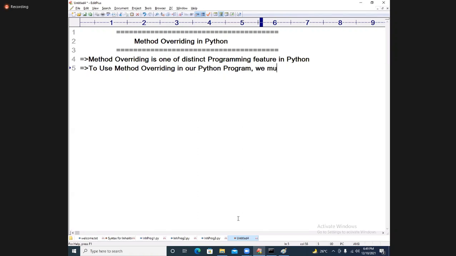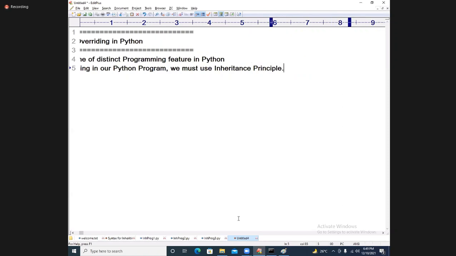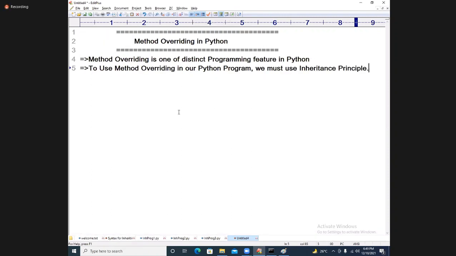We must use the inheritance principle. To use method overriding in our Python program, we must use the inheritance principle. Sir, how to use it? Can you show me a small example quickly so that we can understand? Method overriding is very simple, not difficult.